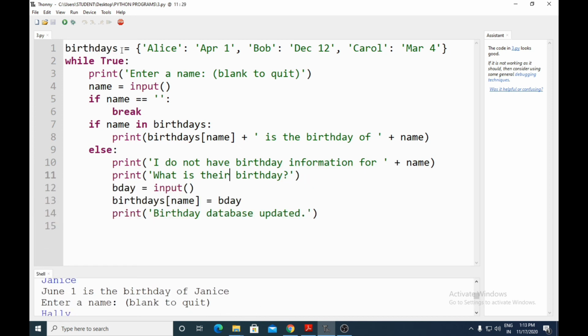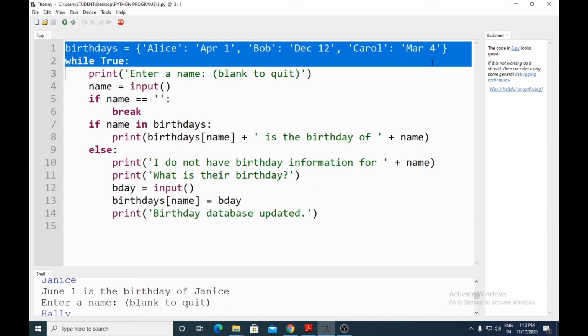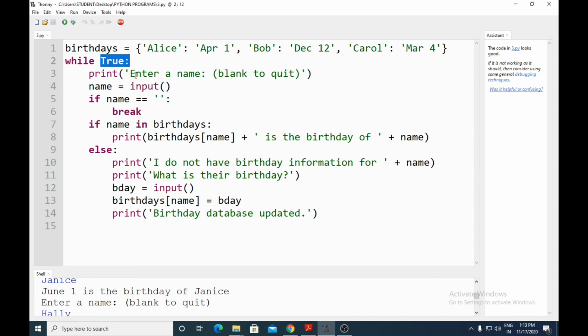What they have done here is nothing but the dictionary, and usually the while True will ask you a name. That name is taken by the input method, and in turn you give it to name. Here it will first check whether it is blank. If you have given a blank, it will break from the program. If you have given a name which is there in this dictionary, then it will check that name and print the birthday of that particular name.